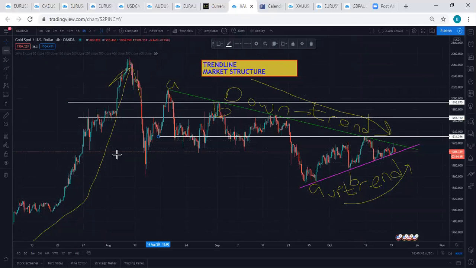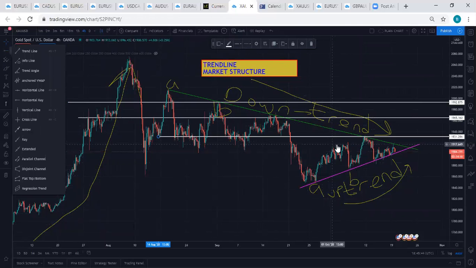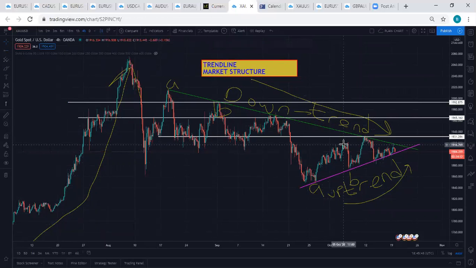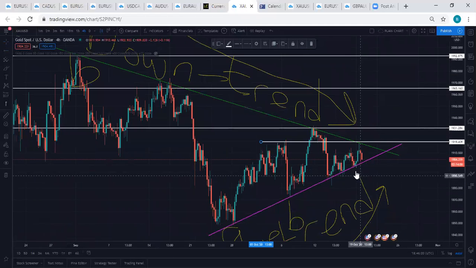Look at another one, guys. There's a resistance here, right? So you draw your resistance line. See this here. See how it collides: a normal resistance and your resistance trend line.